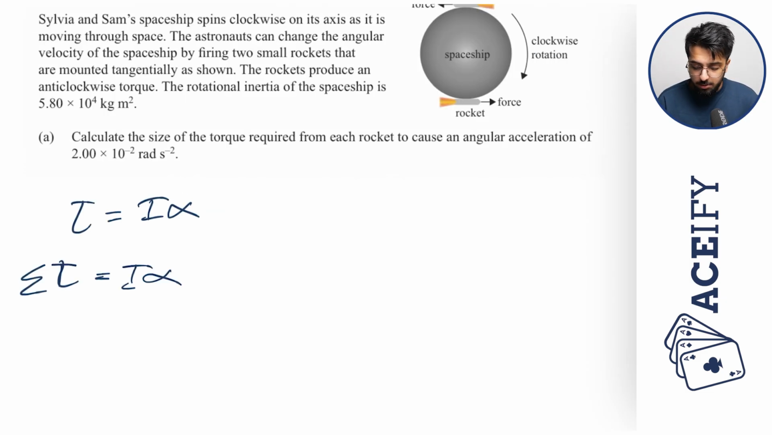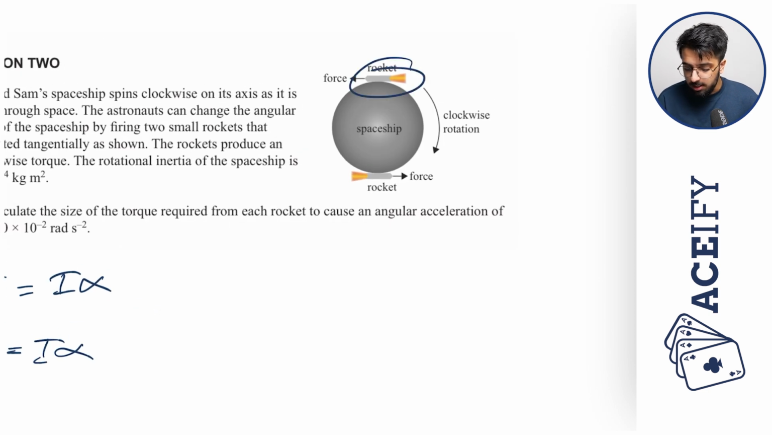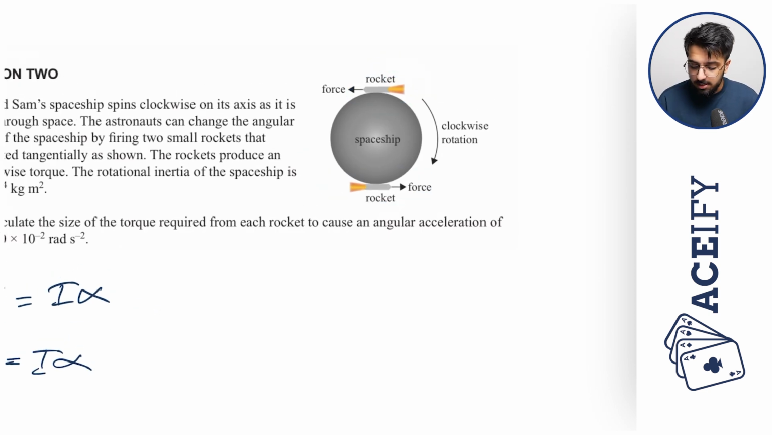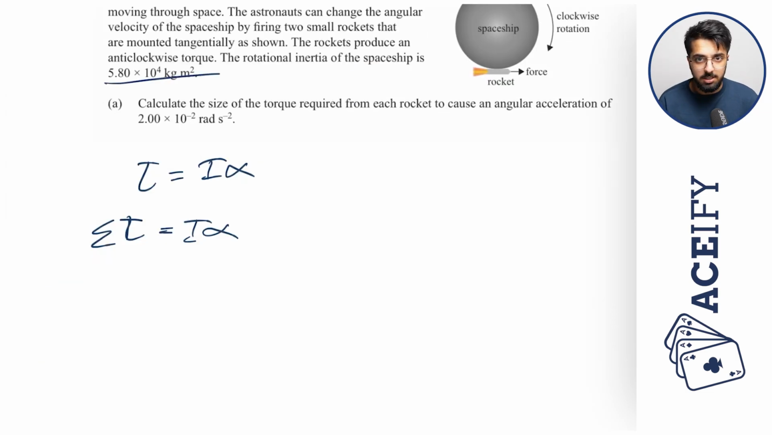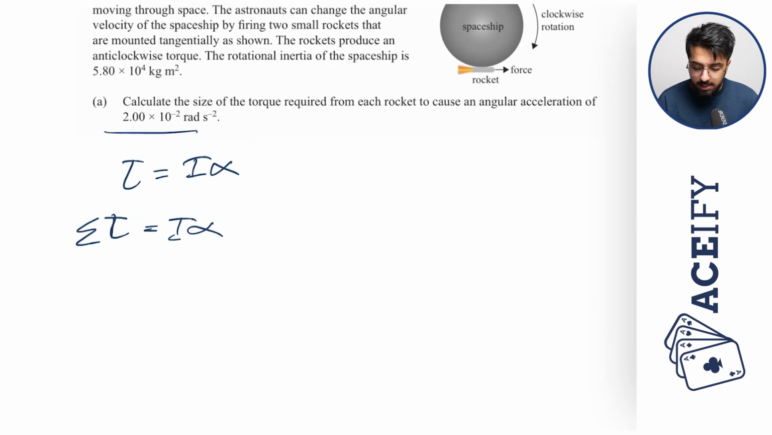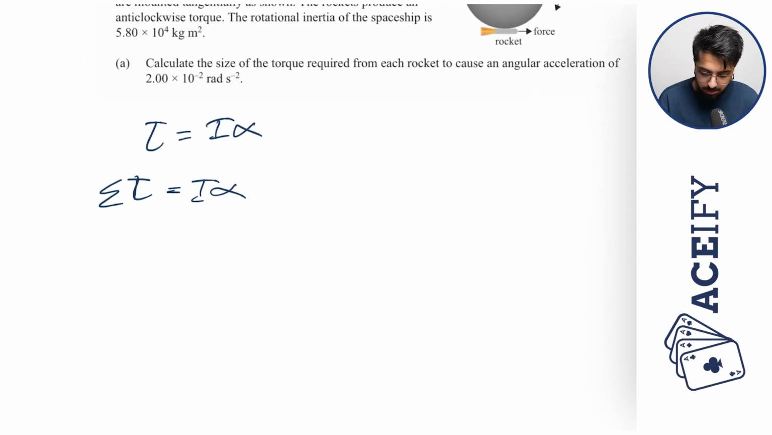There are 2 rockets producing a torque, and so the sum of all torques is basically the combined torque produced by the 2 rockets. We're given the rotational inertia of this spaceship, and we are also given the angular acceleration that we require, so we can simply plug in our numbers. The sum of all